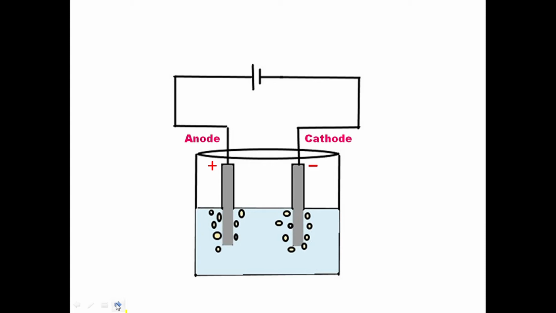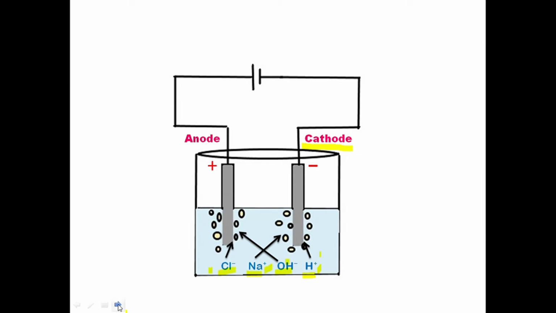When electricity is passed through the solution, sodium chloride in aqueous solution ionizes to give sodium ions and chloride ions. Similarly, water also gets dissociated into hydroxide ion and hydrogen ion. As the ionization gets completed, the ions present in the solution are attracted and move towards oppositely charged electrodes. On the negatively charged electrode, that is the cathode, hydrogen ions are discharged more easily than sodium ions. On the positively charged electrode, chloride ions are discharged more easily than hydroxide ions.